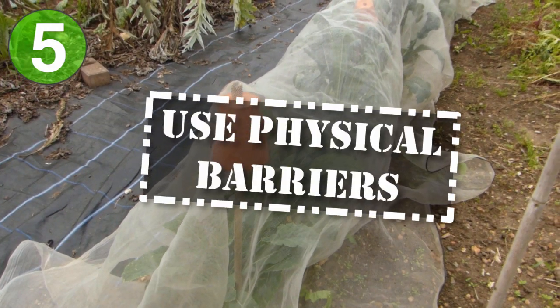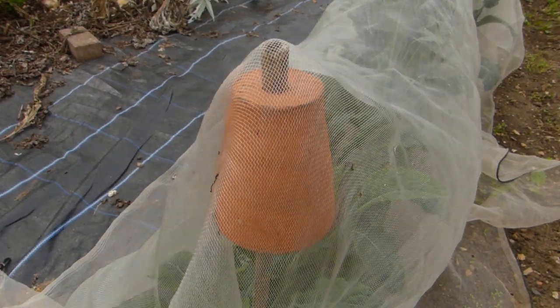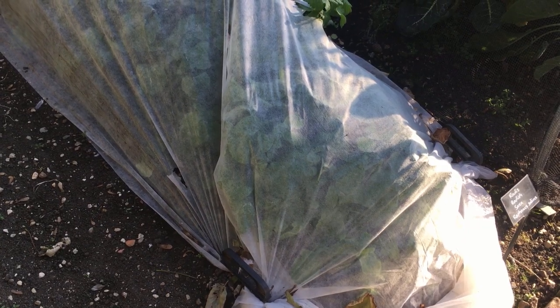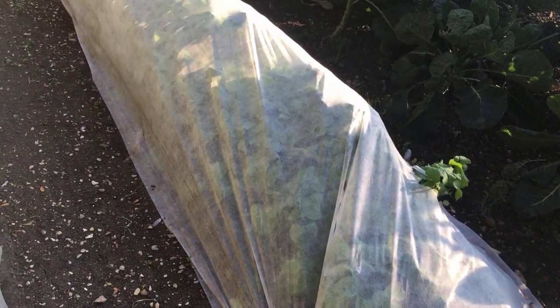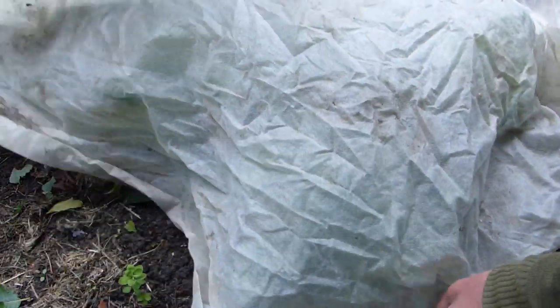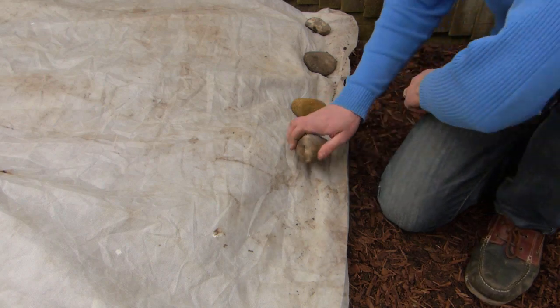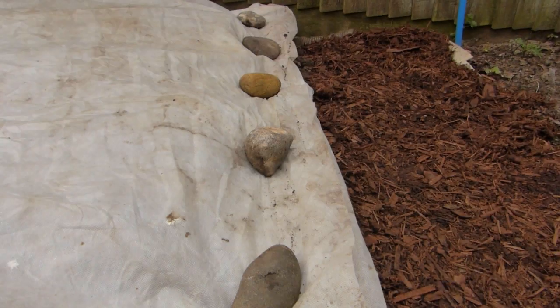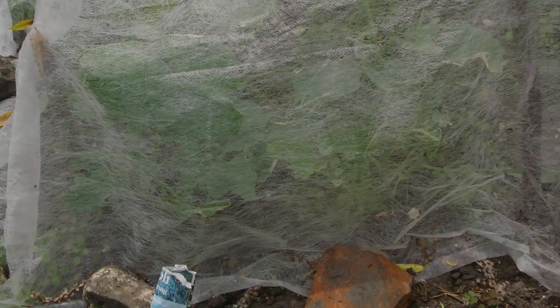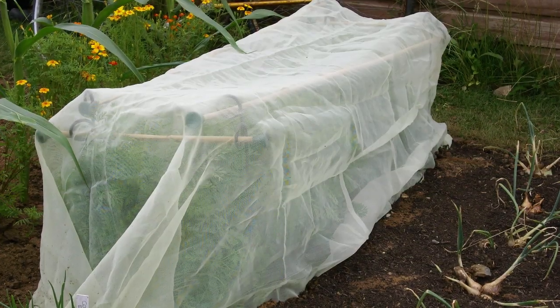Make good use of barriers to physically separate pests from plants. Insect mesh, floating row covers, or horticultural fleece will stop just about any pests from getting near your hard-won crops. Leave covers to rest on the plants or support them on hoops. Secure them around the edges so pests can't gain access by just walking in at soil level. Covers are a great solution for caterpillar-prone brassicas and for barring entry to the likes of carrot fly, aphids and